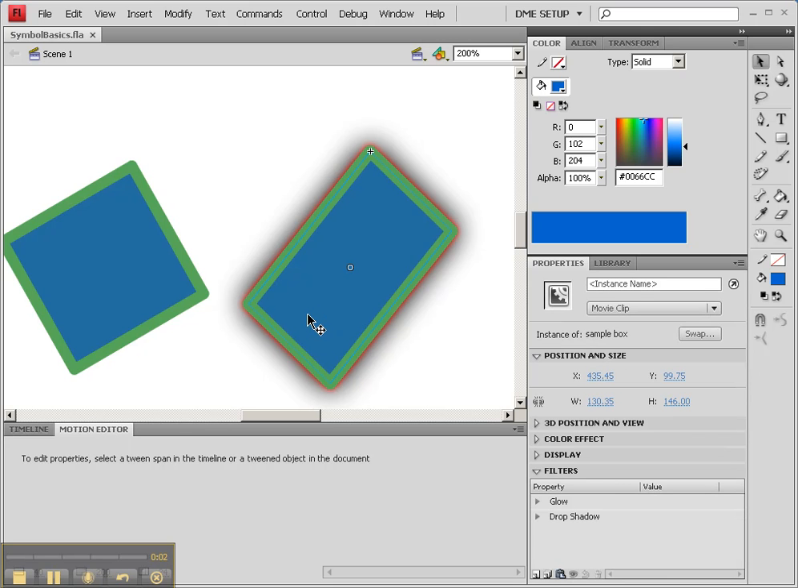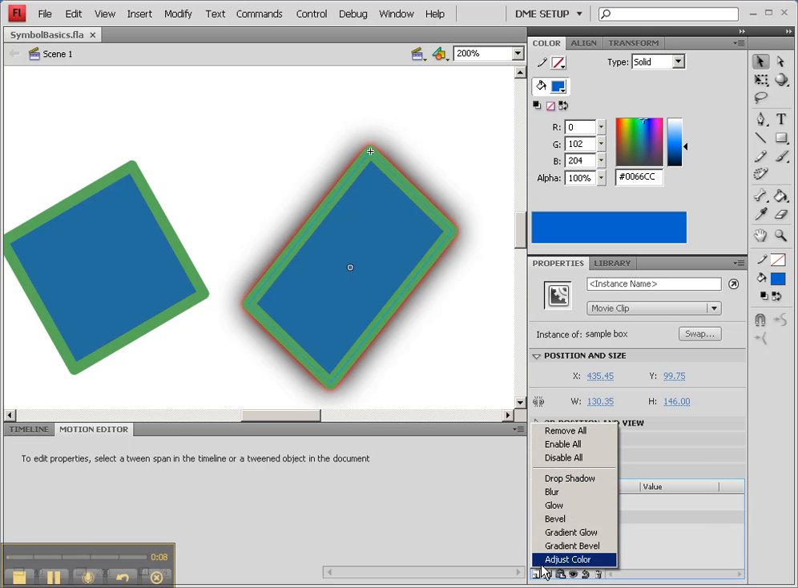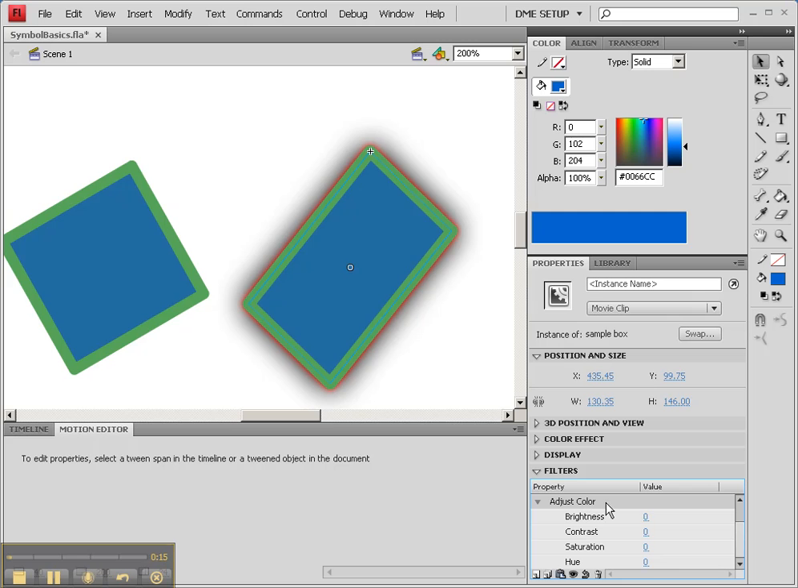Now that we've played with those symbols a little bit more, you'll notice that I have the two names here, and we can add, of course, any other things that we might want to use. One of the things that I want to point out is the Adjust Color filter. If I choose Adjust Color, you'll see that I can change things like brightness, contrast, hue, and saturation, which is